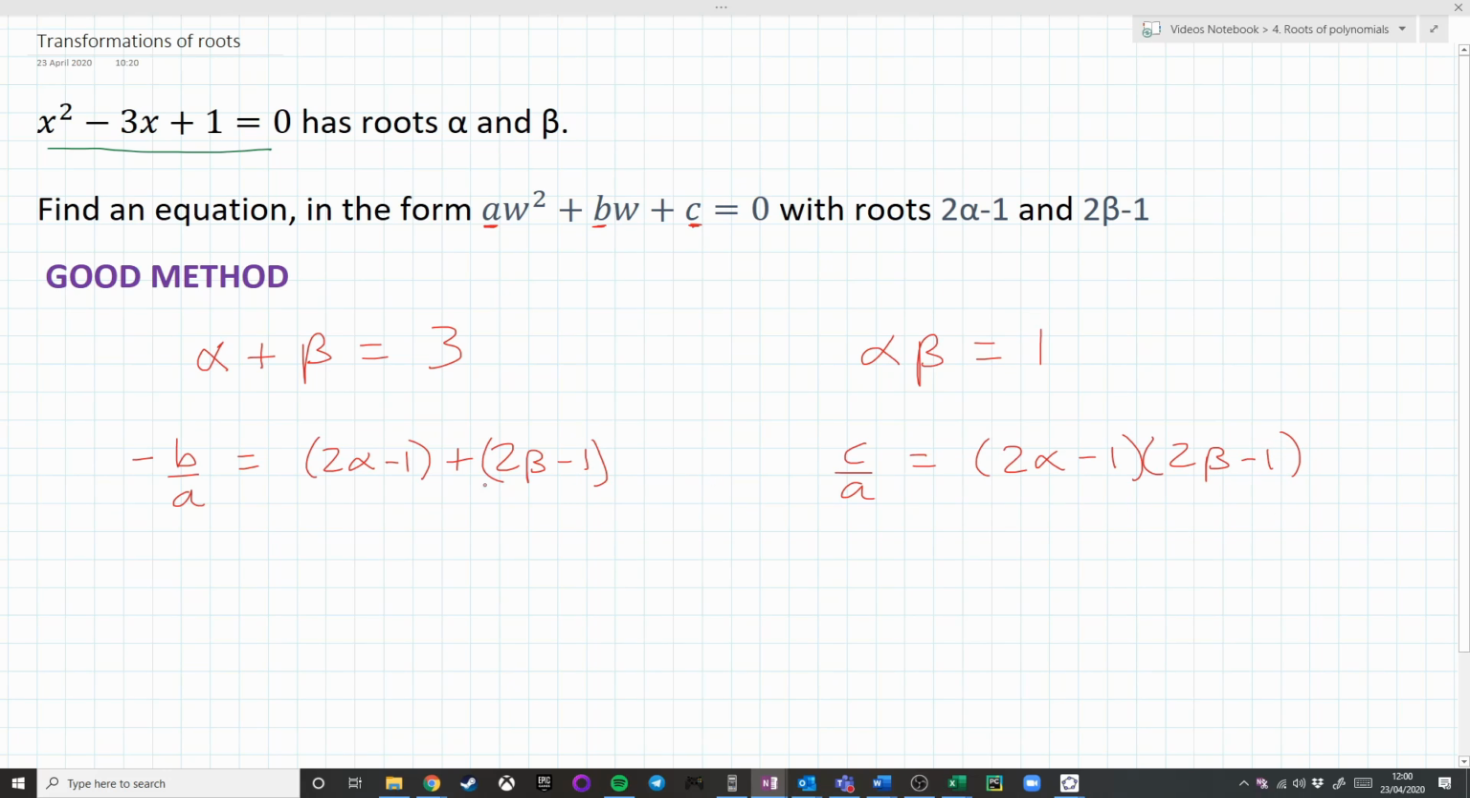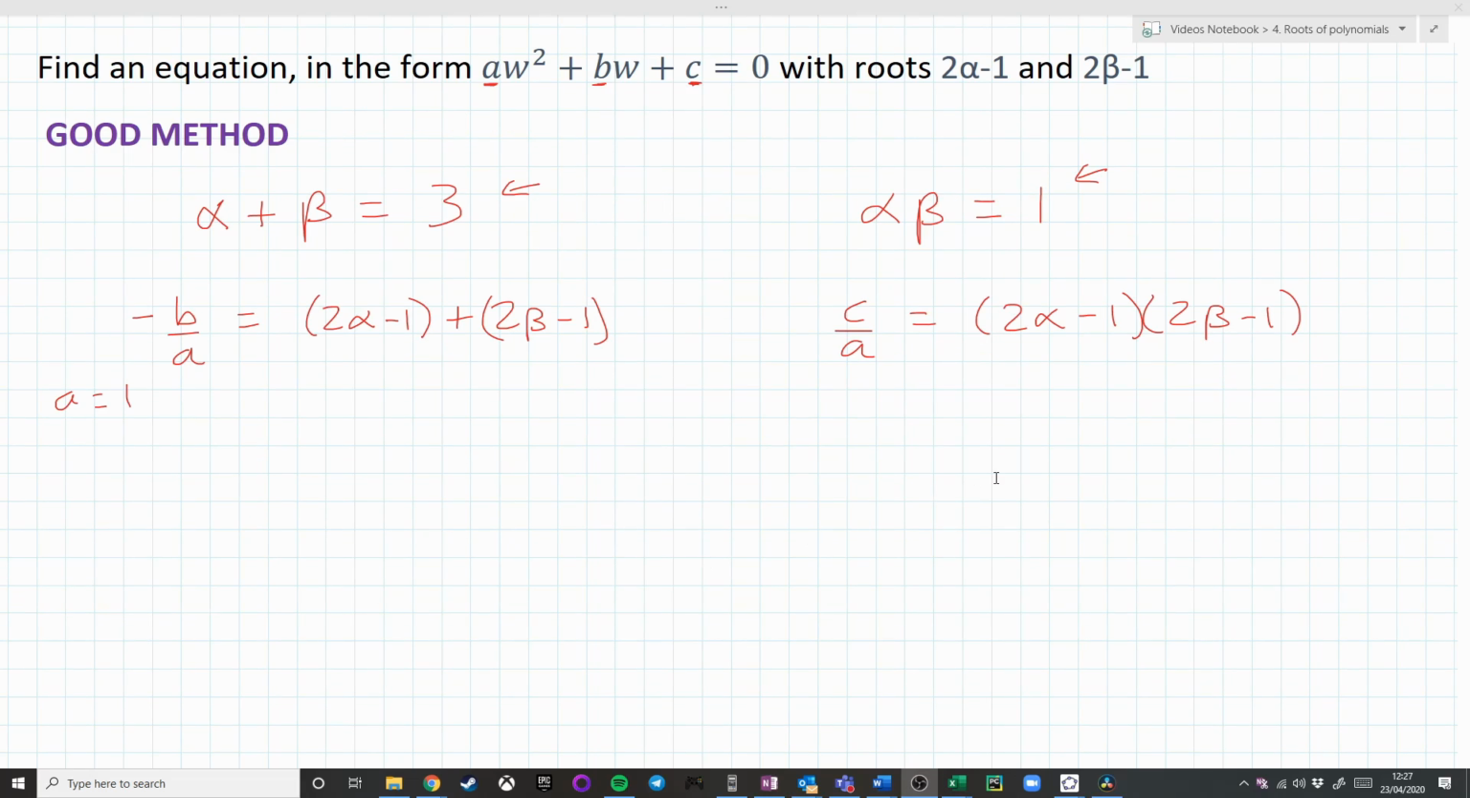What we're going to do is use the things we already know about alpha and beta to help us work out what these are. Now there is quite a nice thing. You can actually make a choice to say that a is going to be 1, and then multiply everything through by a fraction or a multiplier if you end up getting fractions. So I'm actually going to just say a is equal to 1. And so we get that minus b is equal to 2 alpha minus 1 plus 2 beta minus 1,